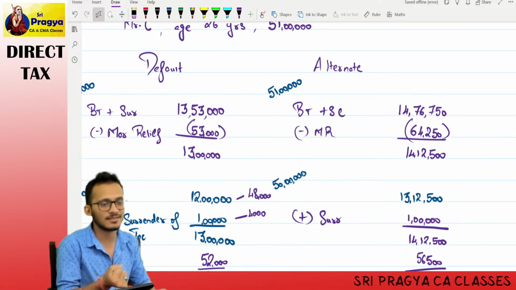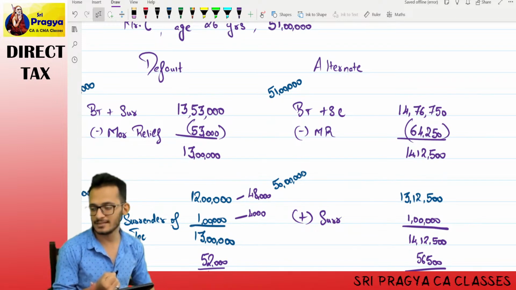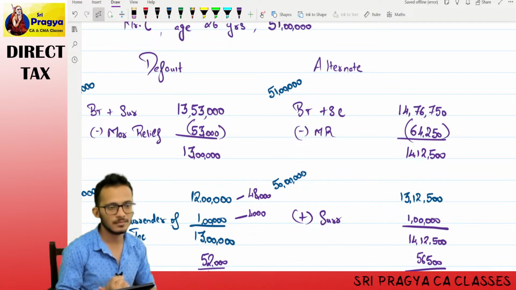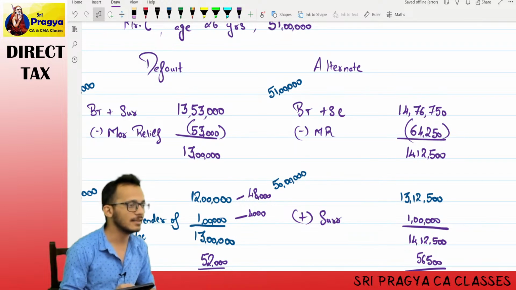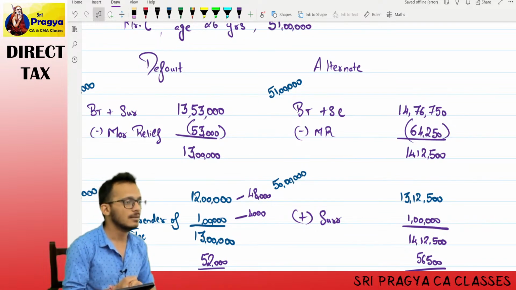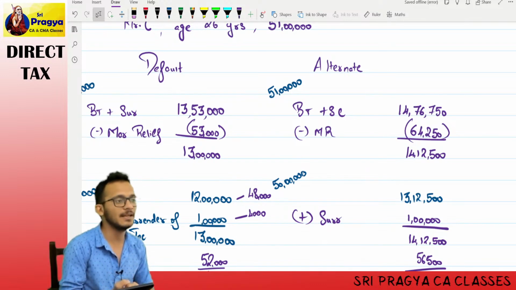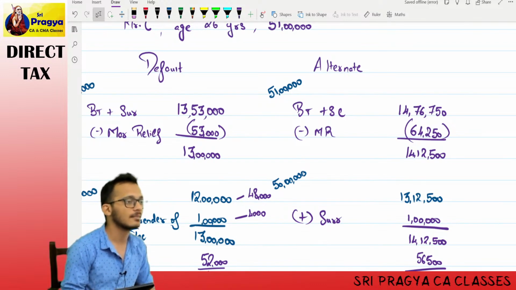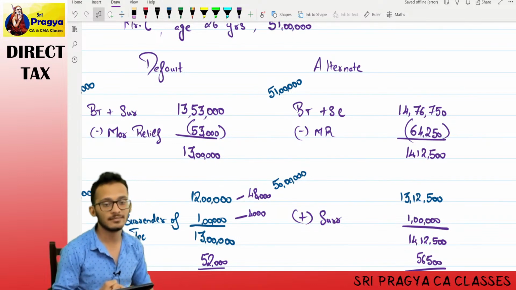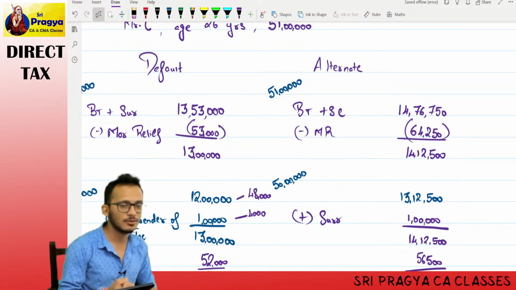Imagine your income is 5 lakhs. Tax becomes 0. Imagine your income is 5 lakh 10 rupees. Will the rebate come? No. Which means for the first 5 lakhs you have to pay 12,500. On top of that, for the 10 rupees you have to pay 2 rupees. So you are technically paying 12,502 rupees. Yes or no? Will you like to pay? No choice, you have to pay.